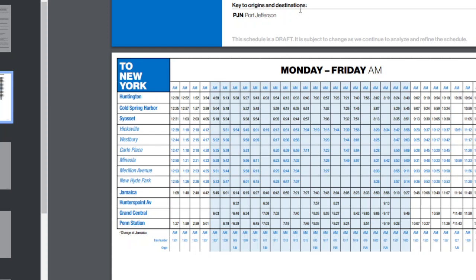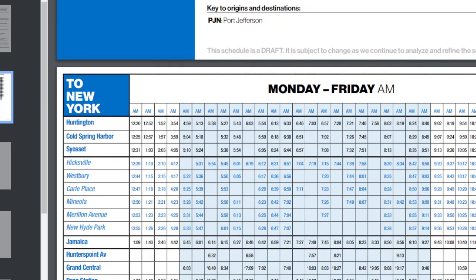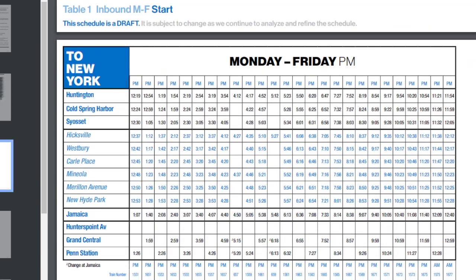So this kind of shows from Huntington. But again, they can't really add much service at Huntington because they don't have a yard there. So I can kind of understand why they can't do it. But at least off-peak, there'll be some...